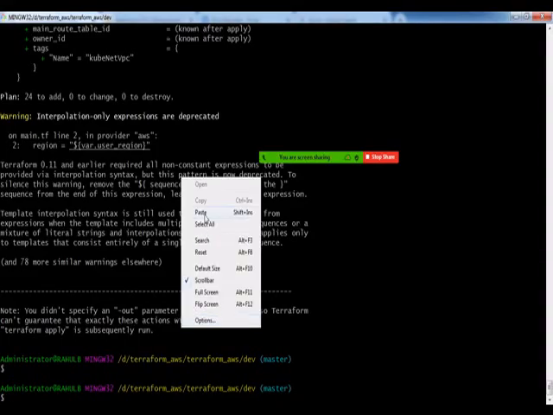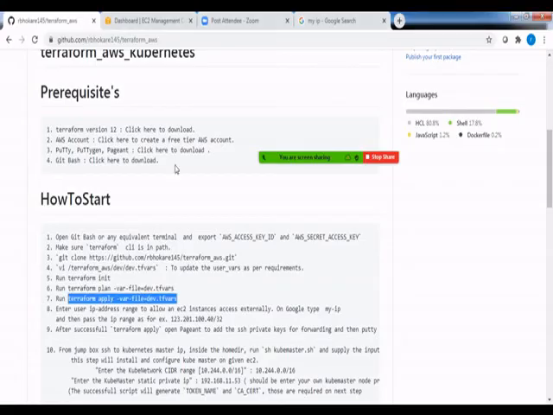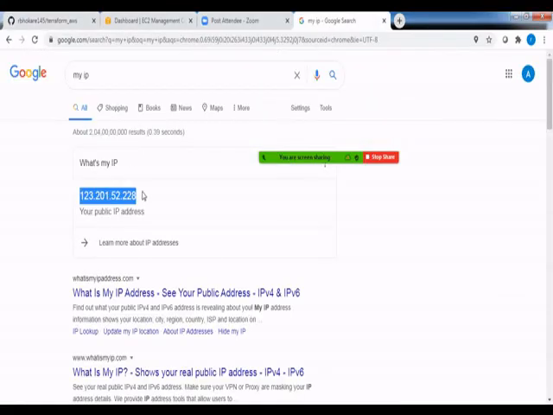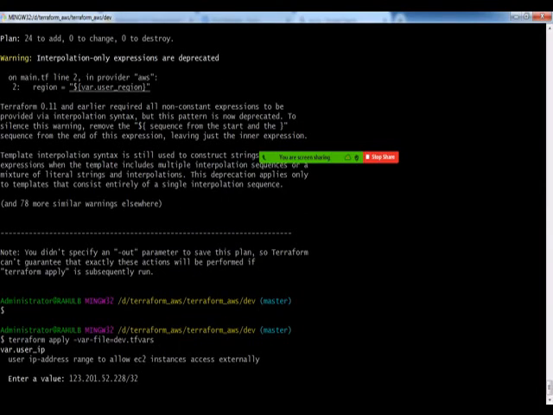So now I'm gonna run the apply. It's asking me to enter an IP again, so I'm going to supply the same IP range in the form of CIDR. Now Terraform apply is gonna make changes to my AWS account, but again it asks me for a confirmation before. We'll see that in a minute.